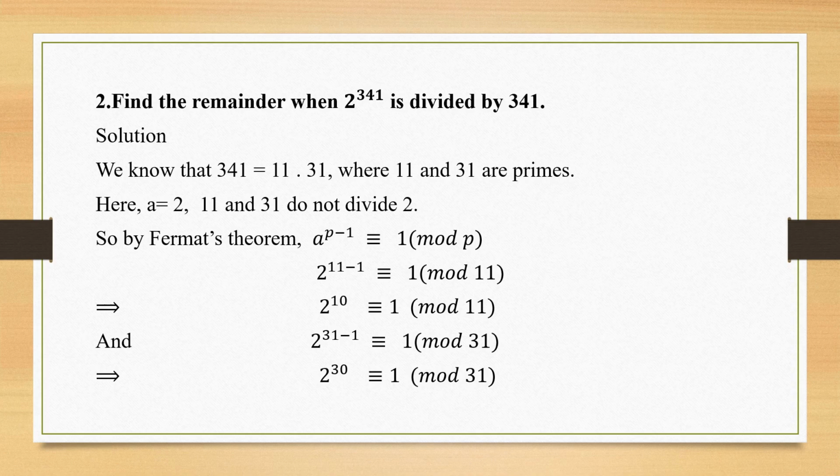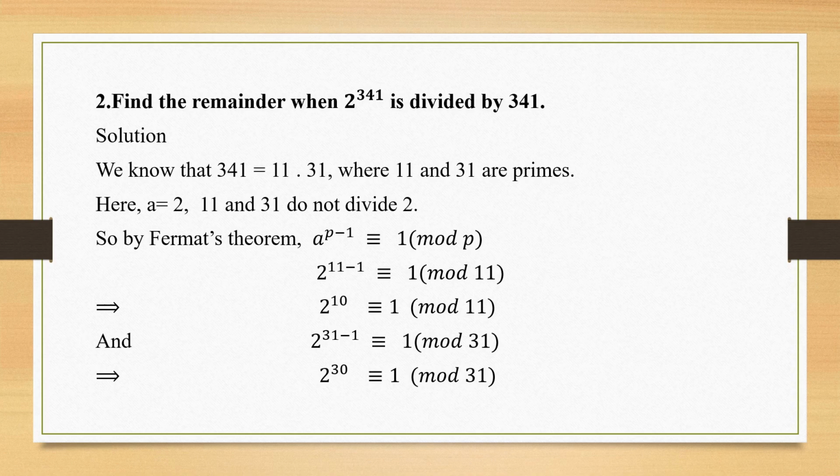So the previous problem had a prime number here. The modulo number was a prime number, whereas this problem does not have a prime number. So if this is the case, get the factors of that particular number and find out for each individually. Okay. So now we have two numbers here, 11 and 31. So first let's sort out 11 and then we can proceed to 31.